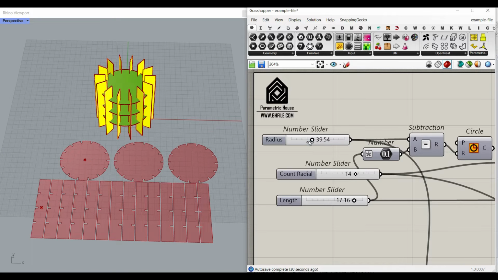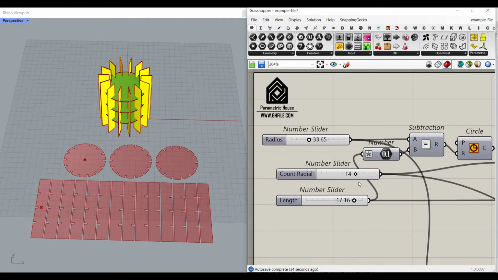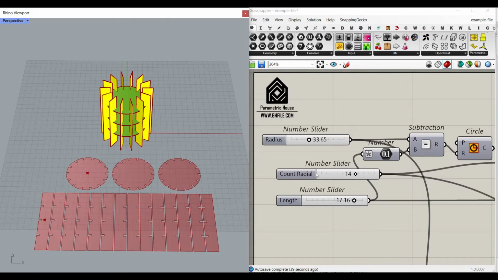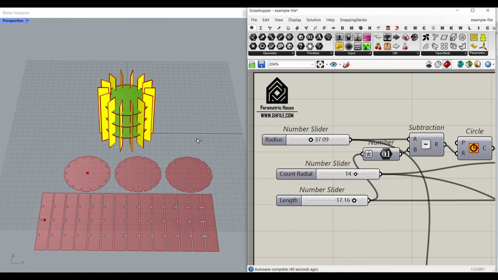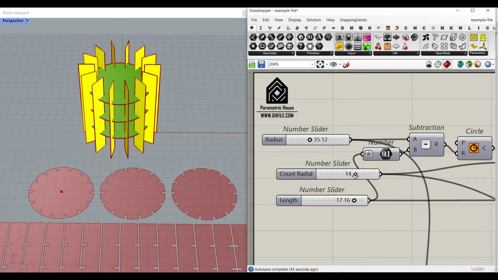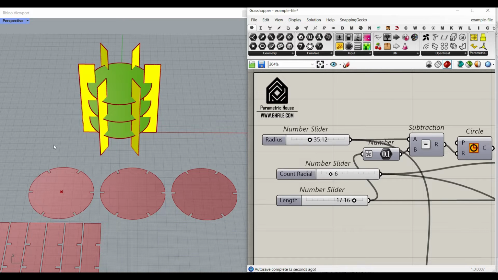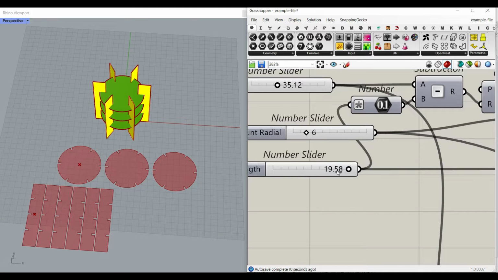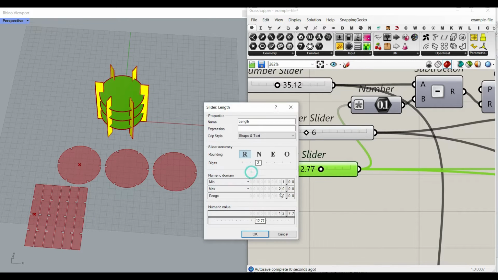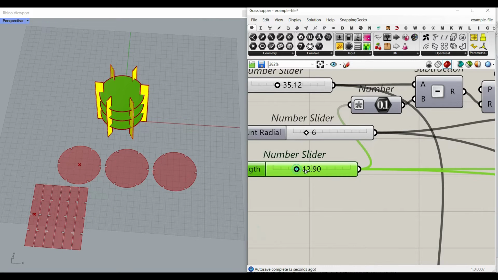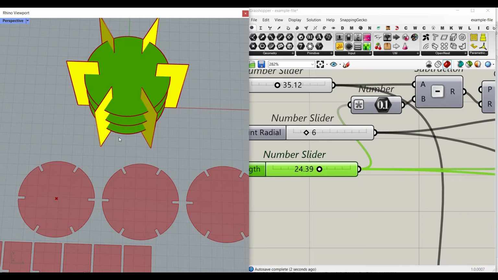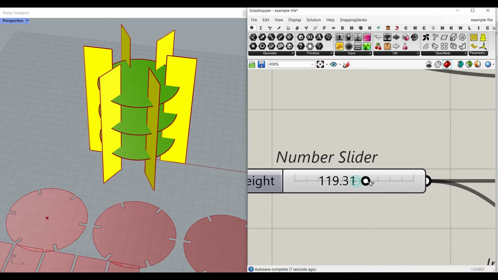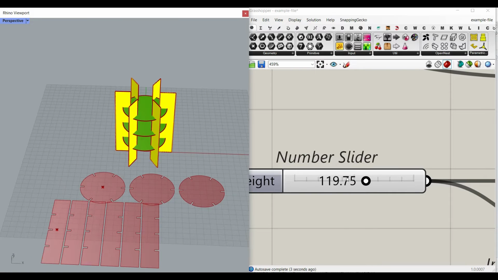In this Grasshopper tutorial, I want to show you how you can make this parametric waffle, a radial parametric waffle in Grasshopper. And as you can see here, I can change the radius, which is going to change the radius of the circle, how many we need around, which is radial obviously, the length of the sections. If I increase the length, I can increase the length of these parts, the height of the project, as you can see here,